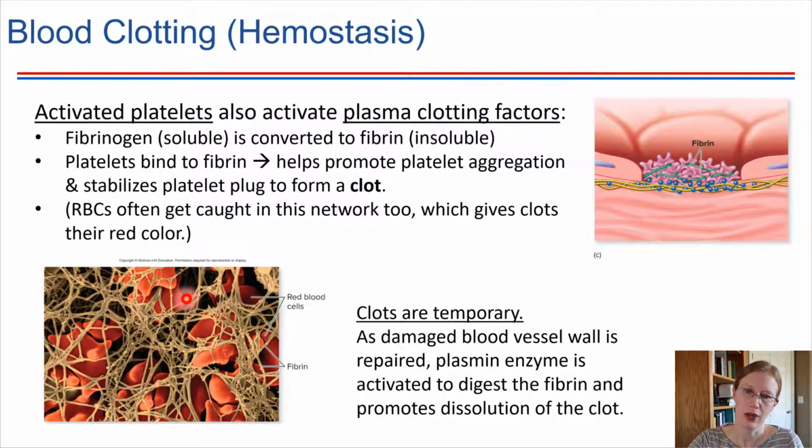So once a clot is formed, this is preventing blood loss from that region. This gives some time for repair mechanisms to be carried out right there locally. It is important to note, clots are temporary. Once the repair is complete, once the blood vessel wall has been repaired, the clot is going to be degraded back into the plasma. There's an enzyme that helps to do that. Plasmin is the enzyme that gets activated in that case, and it just digests away this fibrin network,